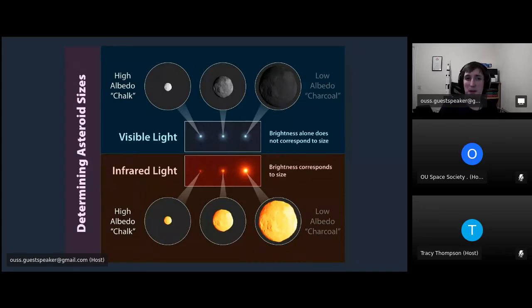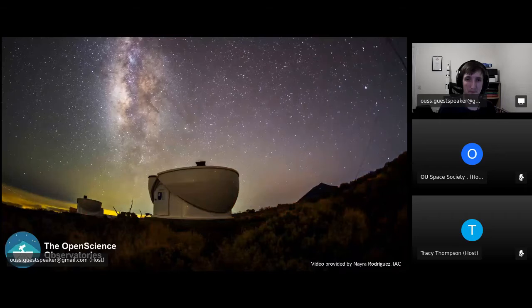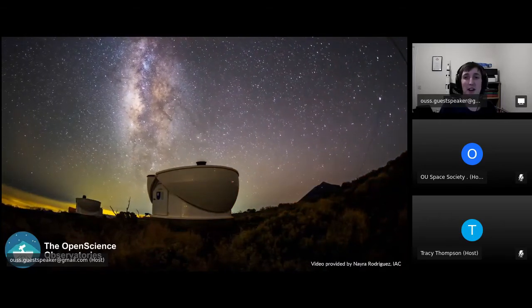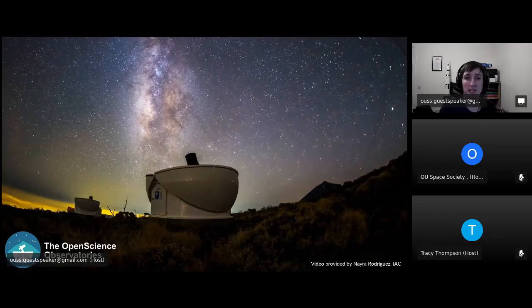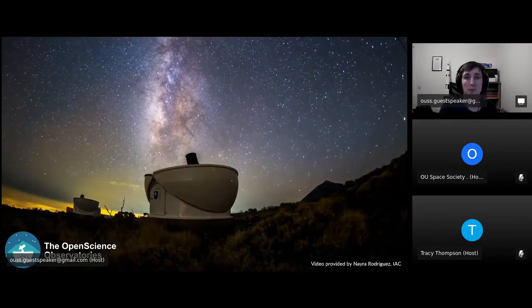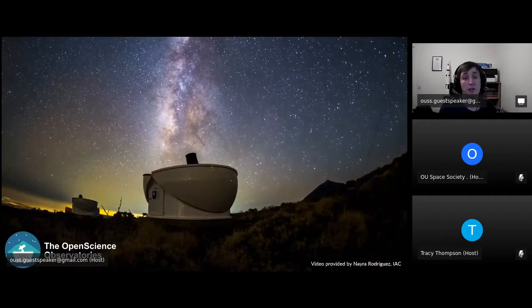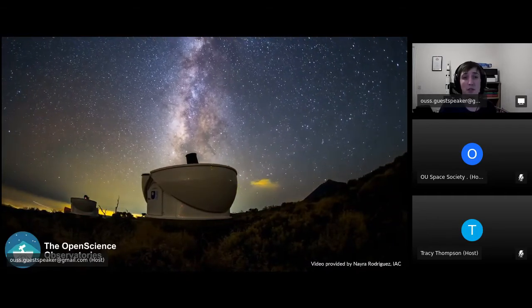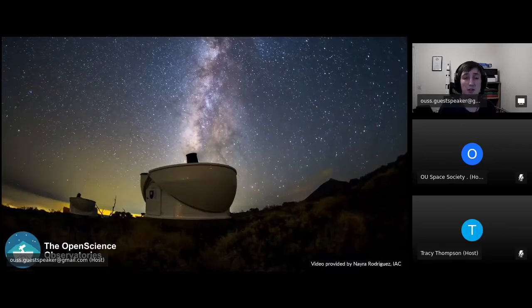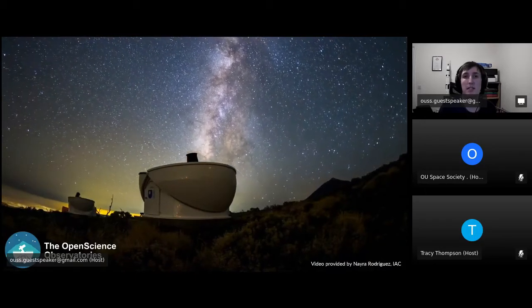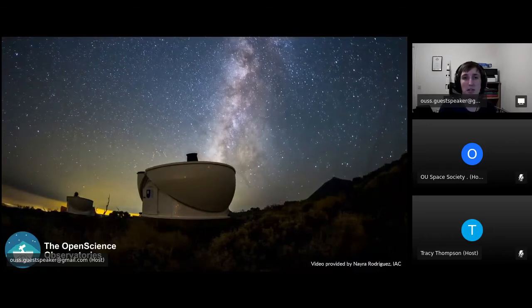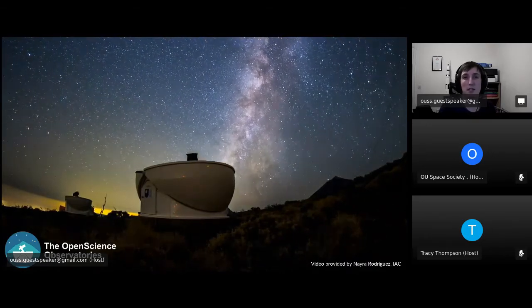Now, I've touched on it already in the upper part of this figure, so we're going to look more in depth at how we observe asteroids in the visible wavelength ranges, the stuff we see with our own eyes. And to do this, we use optical telescopes. So in my case, I've been making use of the OpenScience Observatories, two of which you can see here. The OpenScience Observatories is comprised of a 3-meter radio telescope on campus in Milton Keynes, which isn't capable of asteroid observations because it's too small and doesn't have a transmitter, and 2 automated optical telescopes in Tenerife, around 2.5 kilometers